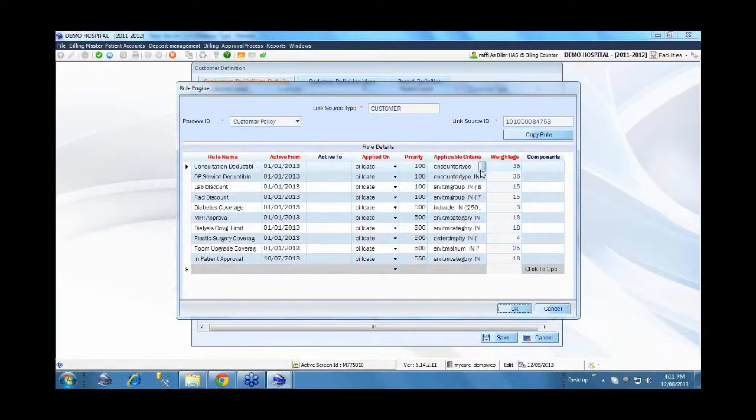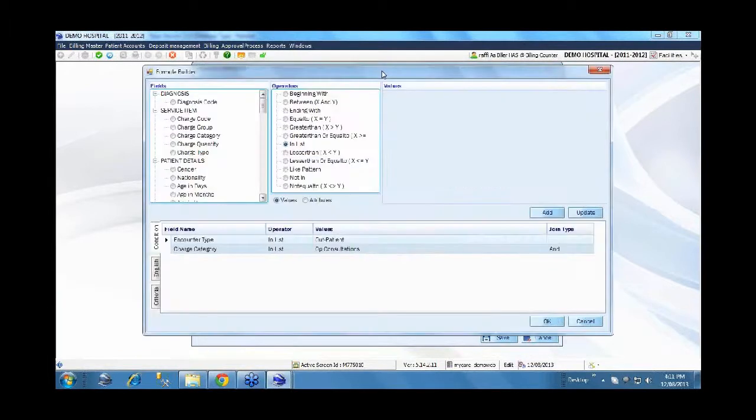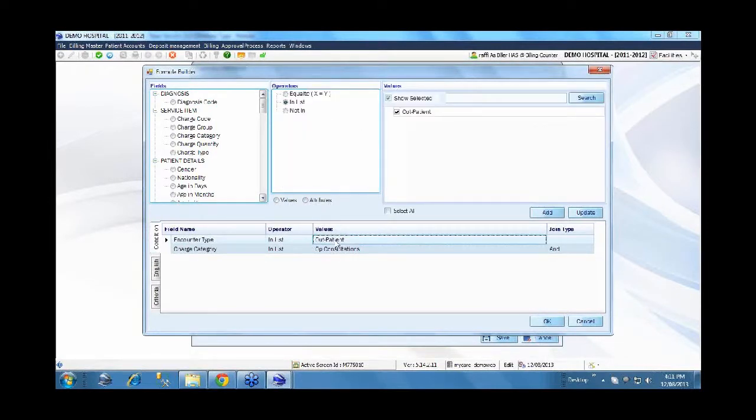How do we identify that a consultation service is provided to the patient? For that purpose, we say the criteria is that the encounter type is outpatient and a charge category. You see here encounter type. On the left you see the set of fields: diagnosis, service item, and so on.